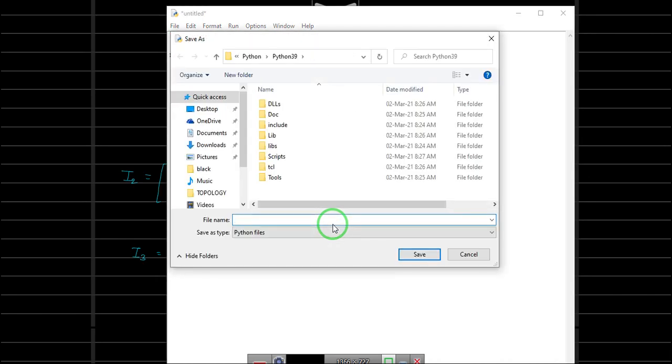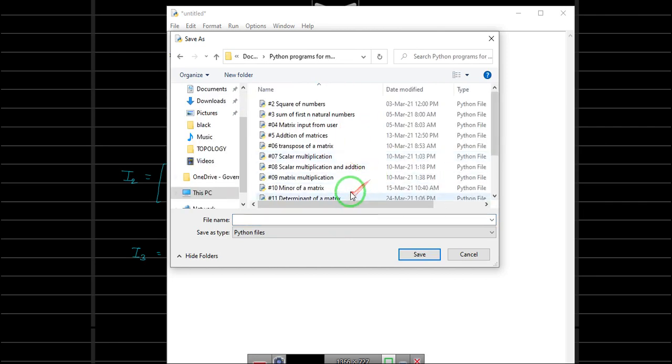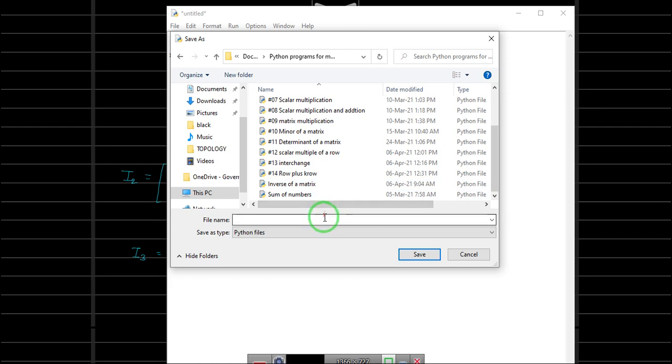Let's see how it works here. First let's save it in the documents. This is program number 15, identity matrix.